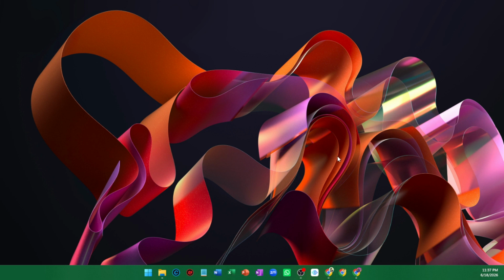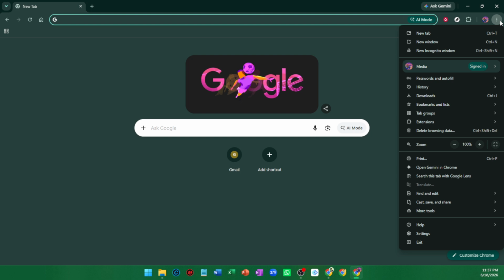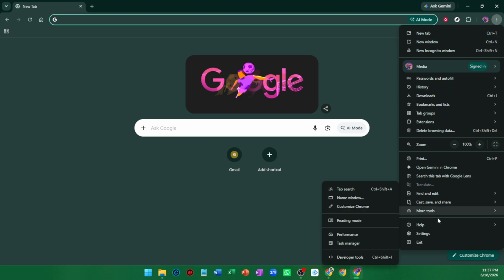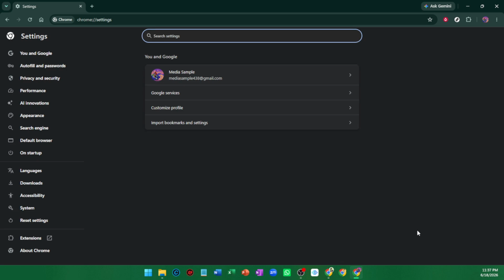Start by opening Google Chrome. Once the browser is open, look to the top right corner of the window and click the three dots. This opens Chrome's main menu where you can access the browser's settings and other tools. From that menu, click Settings. This will take you to Chrome's settings page where you can control things like privacy, appearance, startup behavior, and